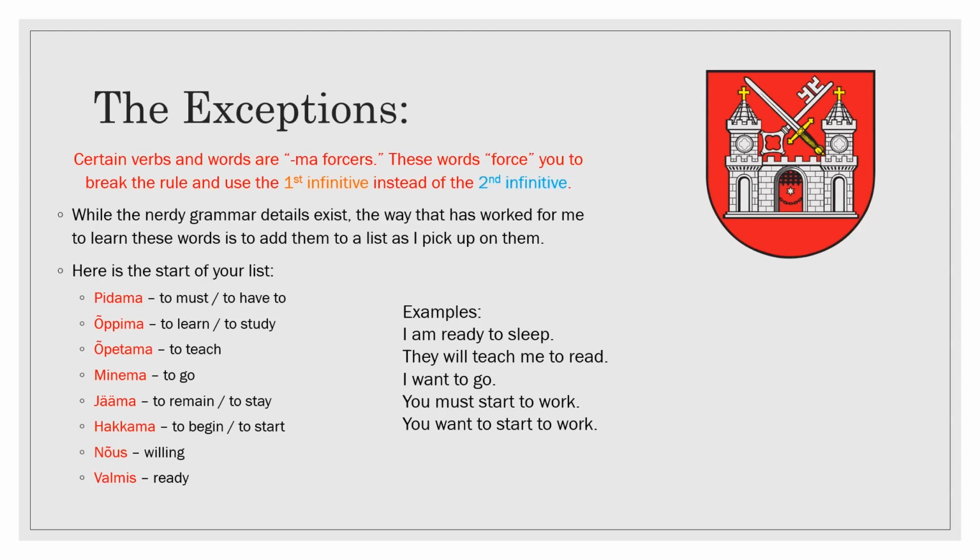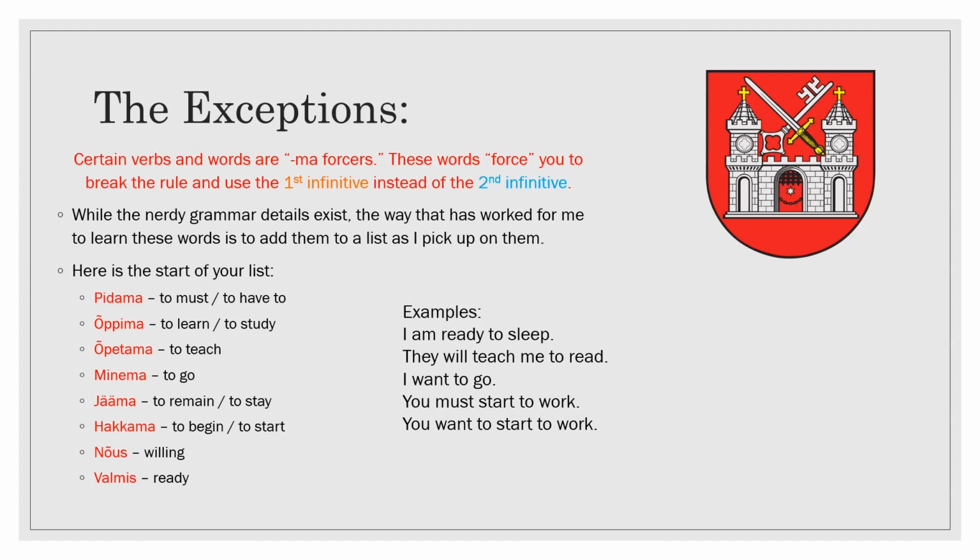But honestly, in a practical sense, that hasn't really worked for me. I found that, for me at least, it's been useful every time I hear a word that I realize, oh, that is causing me to break this rule, that has to be an MA forcer. I just compile them into a list, and then I go home and study them and start practicing them in sentences. Over time, they just become incorporated into the way that I speak. So I started this little list here for you on the bottom left. You can see most of these are verbs, and then the bottom two are not verbs. But oftentimes it's going to be verbs.